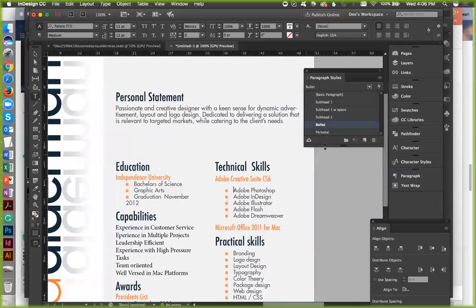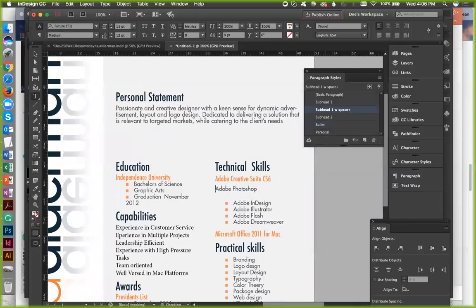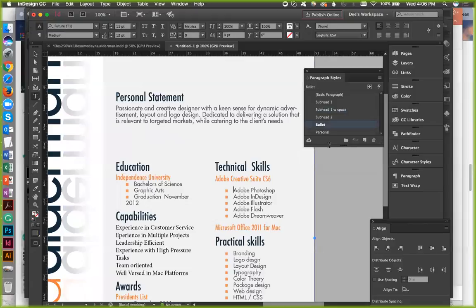And that should be bullet. Why? Subhead 2. And this would be subhead 1 with space, but why is there so much space? I don't get it.